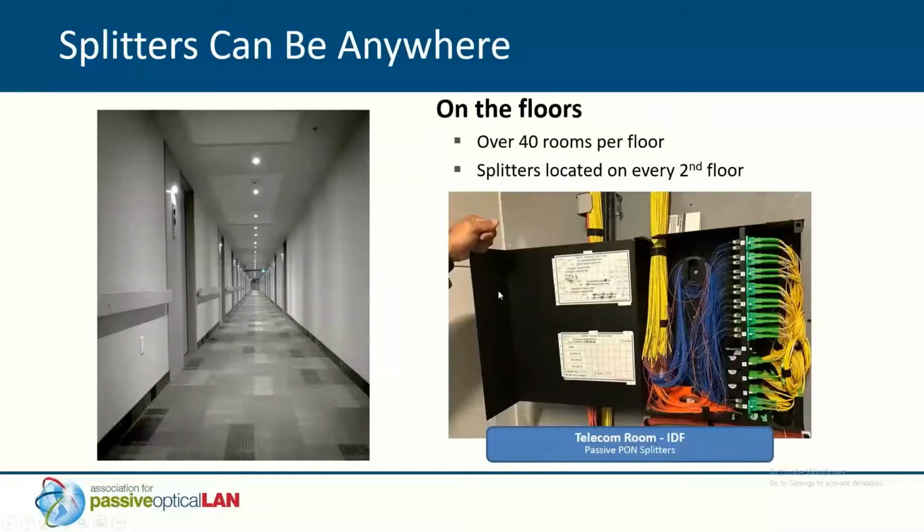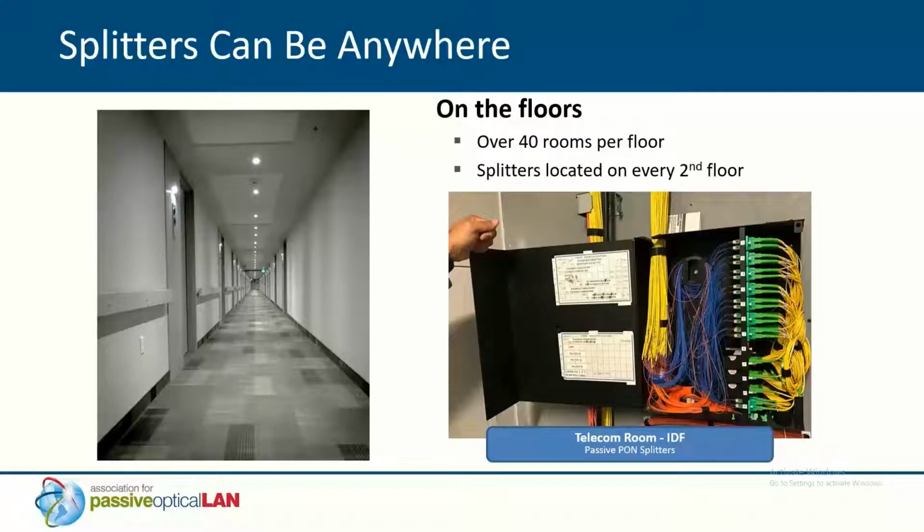Okay, next slide. One of the beauties of PON, the Passive Optical LAN, is that I can pretty much put a telecom room, an IDF, however you want to call it, anywhere. So I have this beautiful hallway, but they'd be totally oblivious to the fact that there's a panel to the left here that houses my whole telecom room. I say telecom room loosely because that's our traditional thought process, where we house all these traditional switches and copper panels and all that sort of thing.